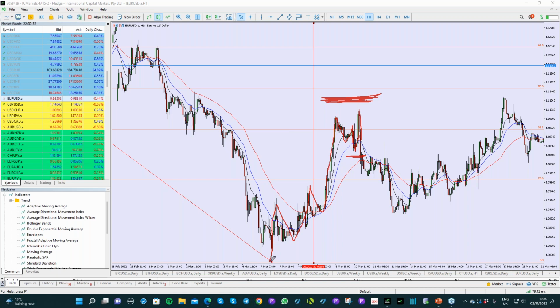So on an hourly time frame, if we've got an uptrend on the hourly time frame, which is the retracement on the daily time frame, in order to see that that uptrend is over and a downtrend has started, we need to see lower highs and lower lows. And if we're going to trade those lower highs and lower lows based on the thinking that that is the turning point of the market, then surely we want our stop loss to be above the highs, because that's where we would be proved wrong if the market was going to continue upwards rather than turning round at that retracement level. So the stop loss wants to be above the highs there,